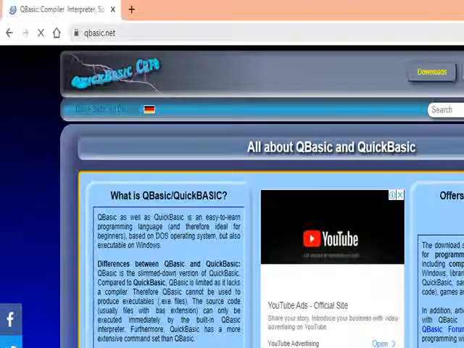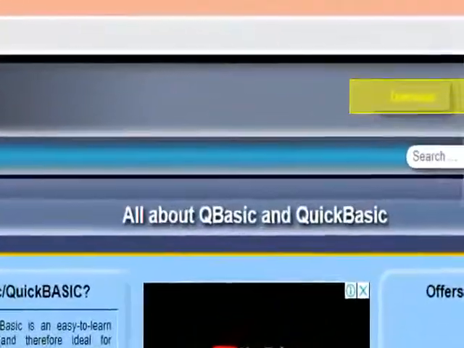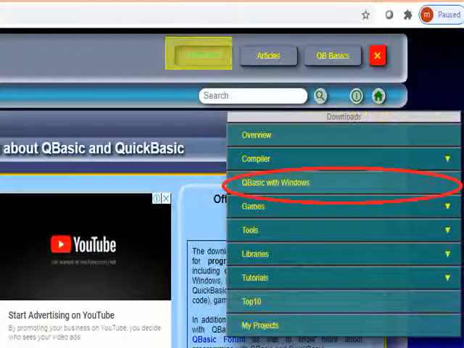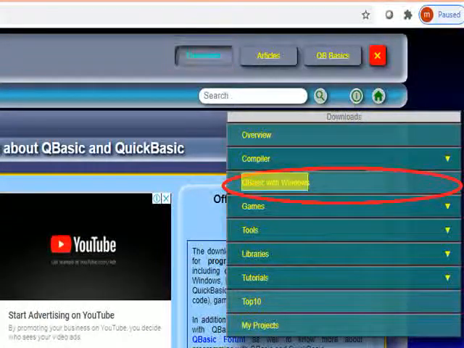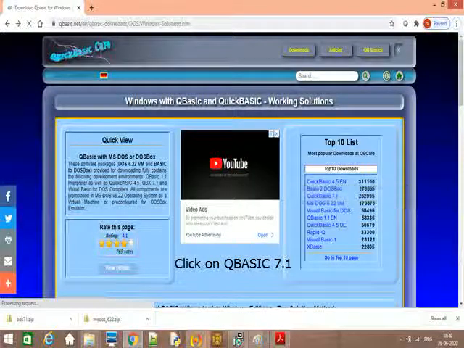In the second step, we need to download the QBasic software. This software is packaged as a zip. Again, open Chrome browser and type https://qbasic.net in the URL. This will open the site from where you can download QBasic. Locate download link and then click on QBasic for Windows link. This will open a new page. Download QBasic version 7.1. This will download pds71.zip file in the download folder.